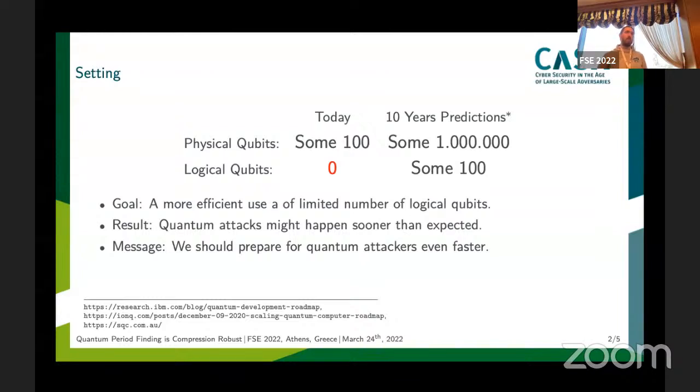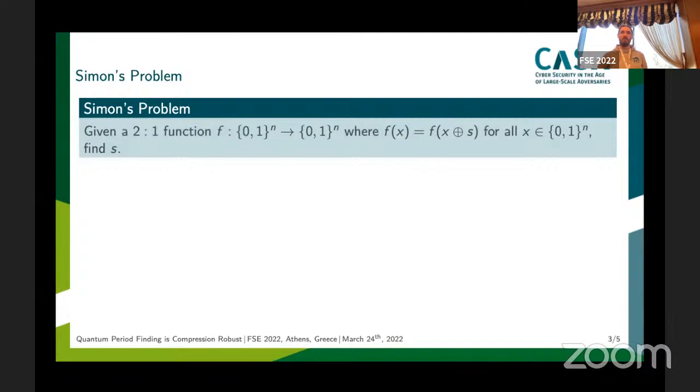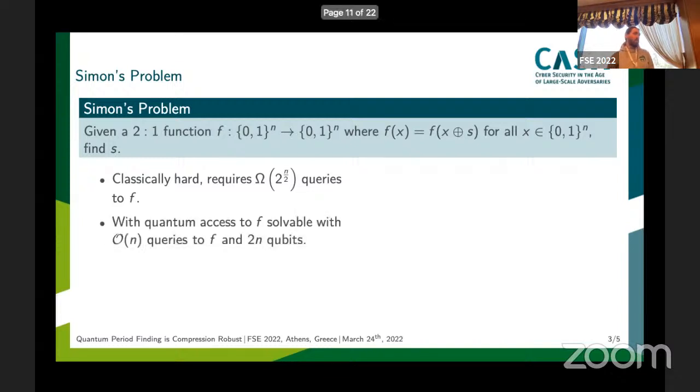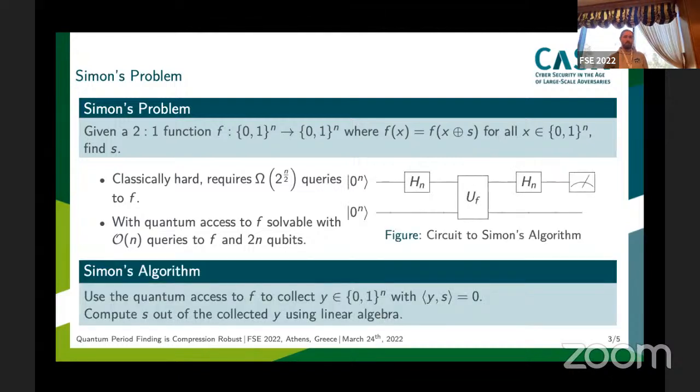For this, we primarily study Simon's problem, which gives access to a 2-to-1 function with a period S, and the goal is to find this period S. This problem is classically hard to solve and requires, in expectation, at least exponentially many queries to the function. However, with quantum access to the function and 2n qubits, this problem can be solved in polynomial time on a quantum computer. This can be done via Simon's algorithm, which uses a circuit like this one here